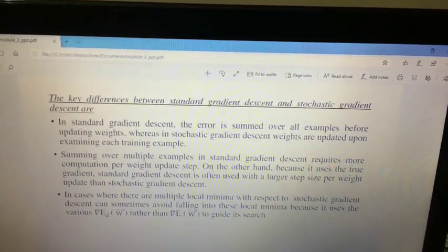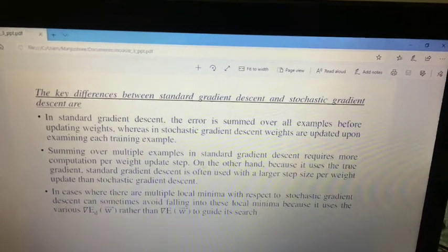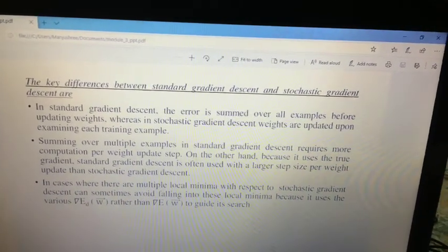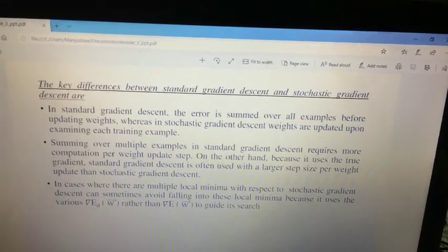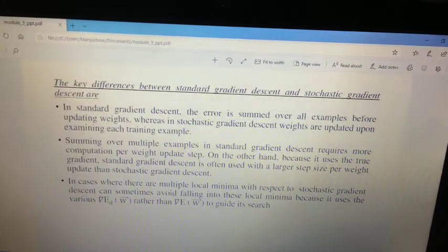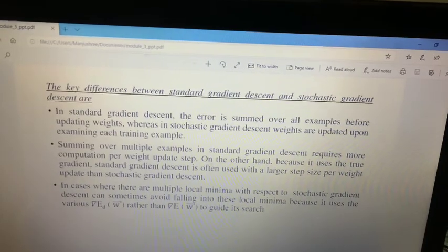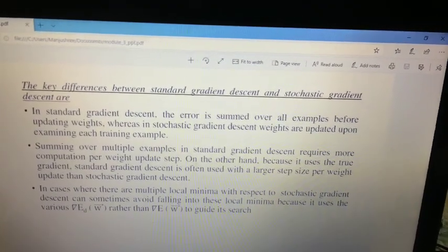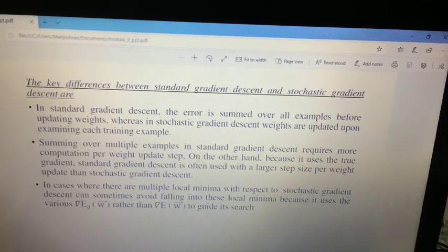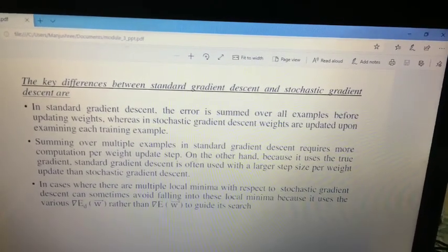Also, as per the definition of gradient descent, it works over an infinite or larger hypothesis space. Whereas in stochastic gradient descent, the computation time is smaller because it considers only one particular training example.